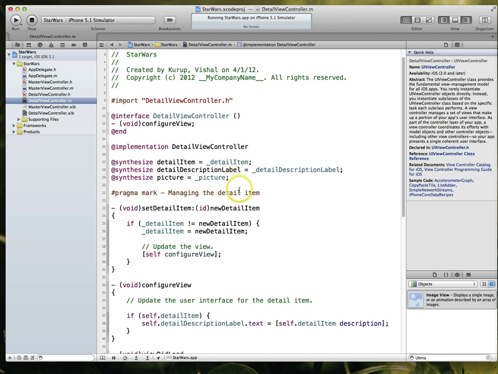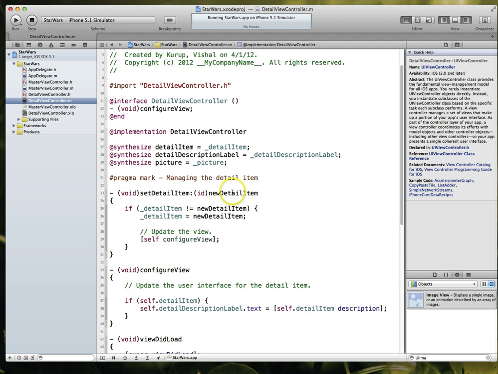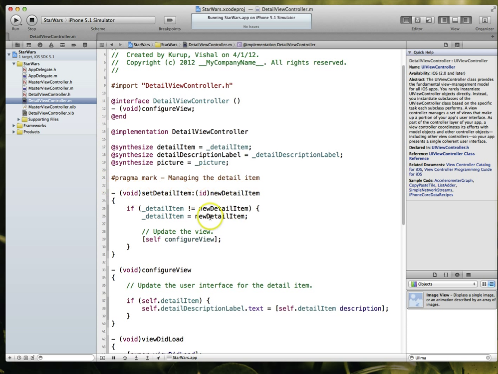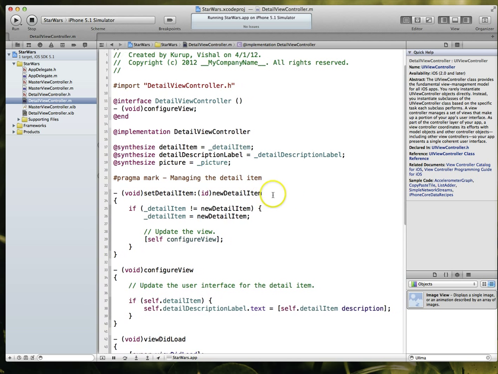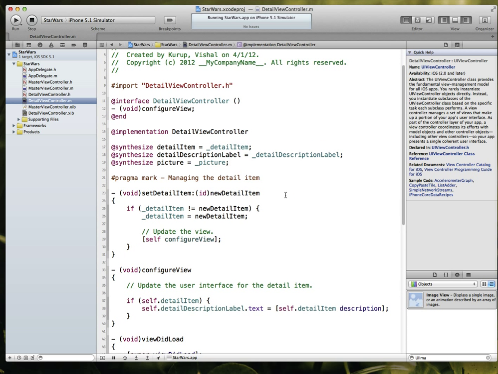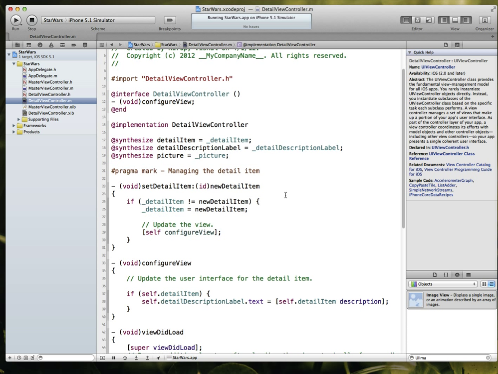So our next step from here, of course, is to also eliminate some of the extraneous code that we're not going to need. There's a bunch of objects in this particular view controller file, and one of the ones that we are not going to need is this particular method here. It says setDetailItem:, and what we're going to do is actually just go ahead and comment it